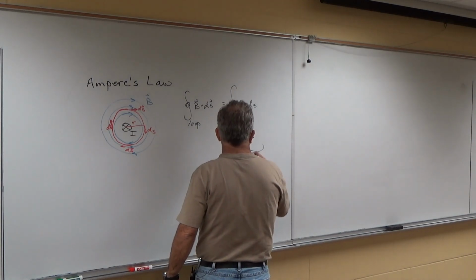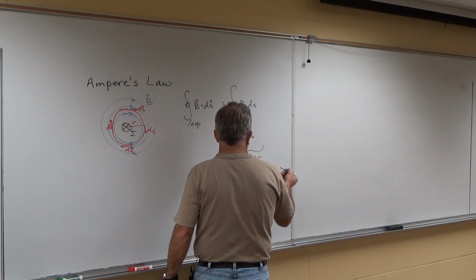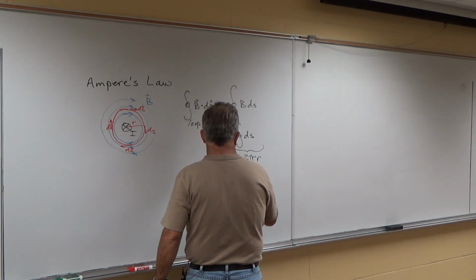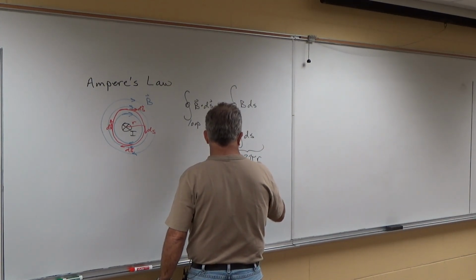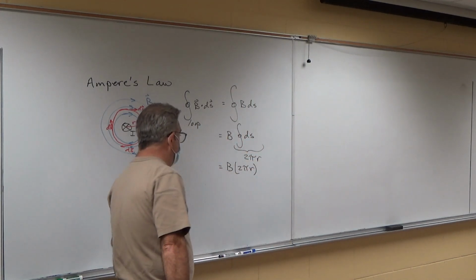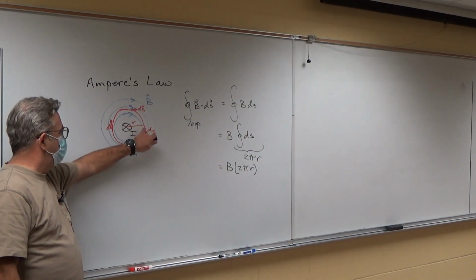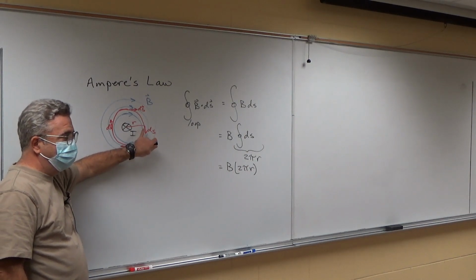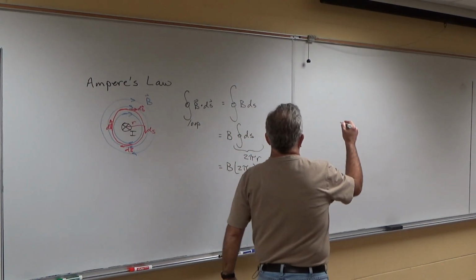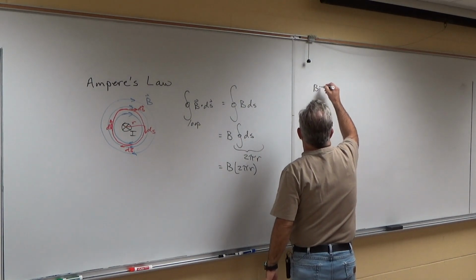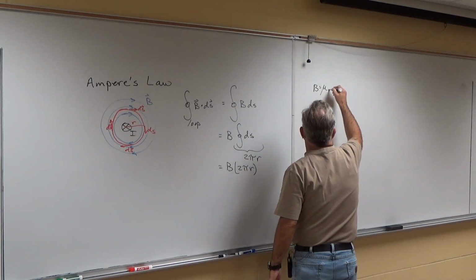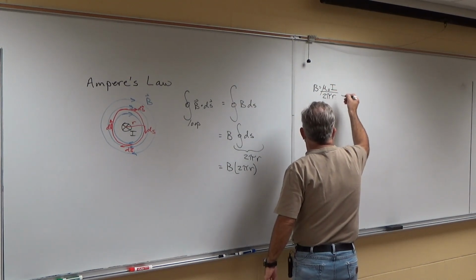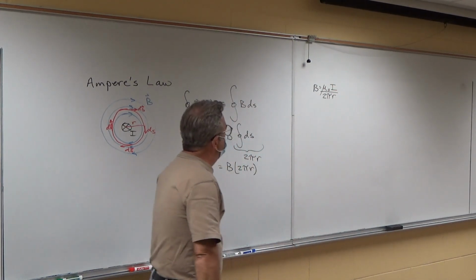This is equal to 2 pi r, the circumference of the loop. So this is equal to B times 2 pi r. But we know what B is for a long straight wire at a distance r from the center of the wire, and that is B is equal to mu naught I over 2 pi r. I'm using r this time, so